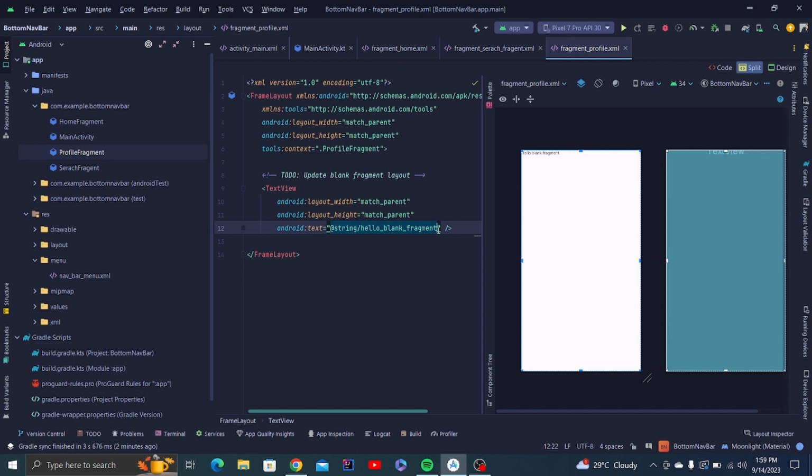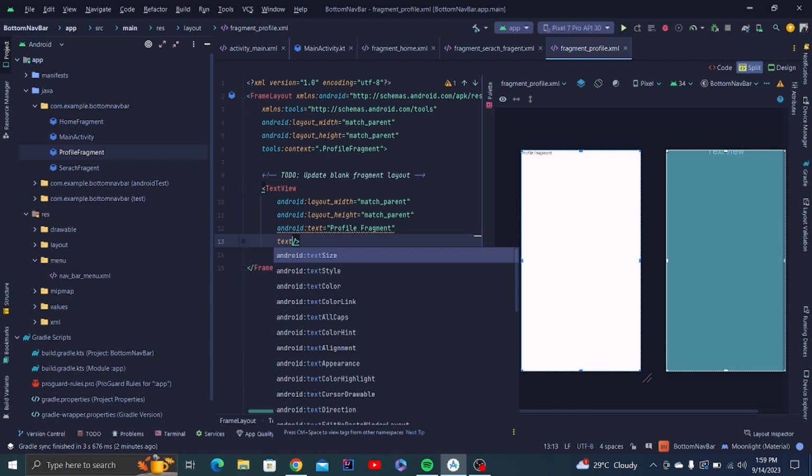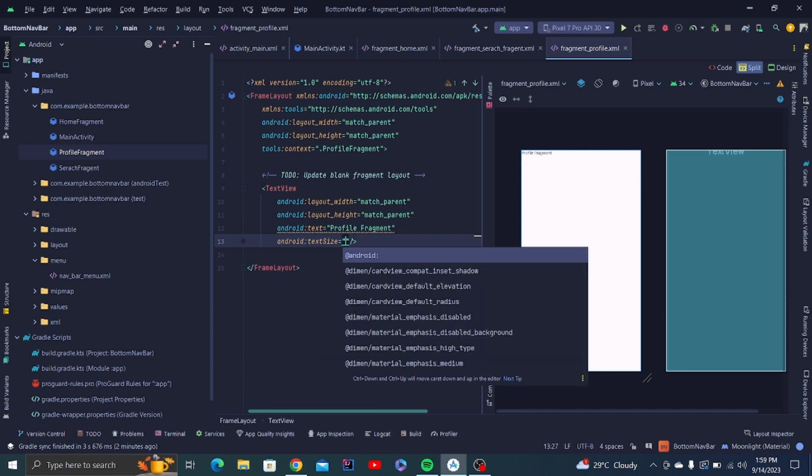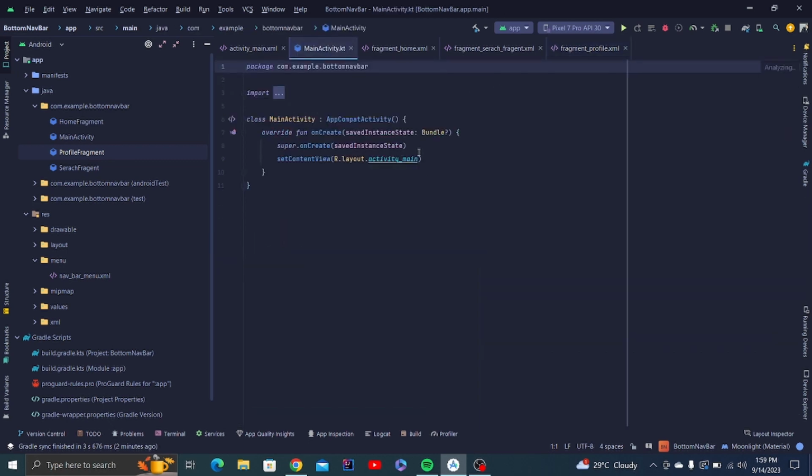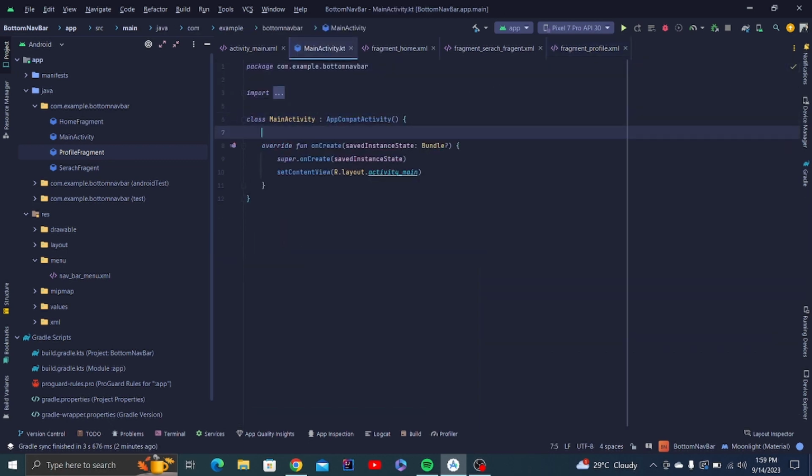Here as well, I'm just going to change this to our profile fragment, and we are going to give a text size of 30 sp, right? So we made different fragments, and now let's work with this Kotlin file. So first of all, we are going to do this,